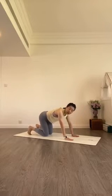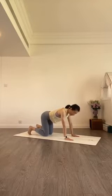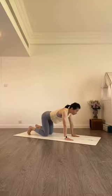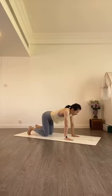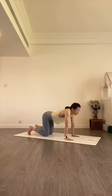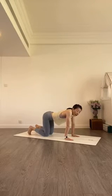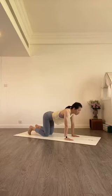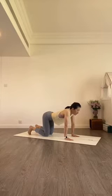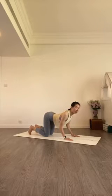Hold your alignment here. Palms about shoulder width apart. Knees about hip width apart. Start with a neutral spine here. Okay, and from here, now watch carefully for my shoulder position. Now your shoulders are not hugging towards your ears. Instead, from neutral position, micro bending with the elbows so that you create that space for your shoulders to roll back. So roll your shoulders away from the ears as you bend your elbows back and hug your elbows towards